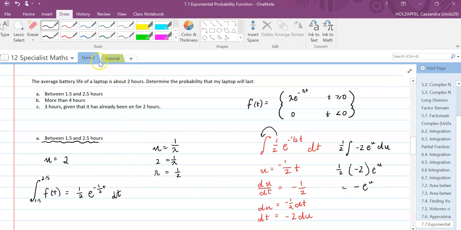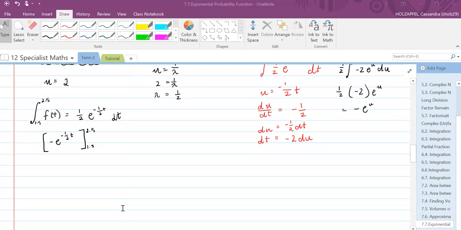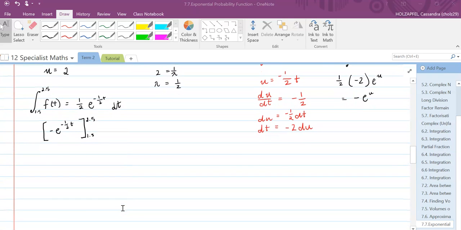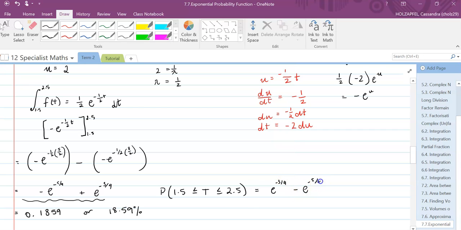Then I'll replace my function with u. Now we can substitute in those values 2.5 and 1.5 to find the solution for this integral. If we wanted to express our solution as an exact answer, we could do this, and we use a very specific notation. We write P(1.5 ≤ t ≤ 2.5) will be equal to e to the power of -3/4 minus e to the power of -5/4, which is going to be approximately